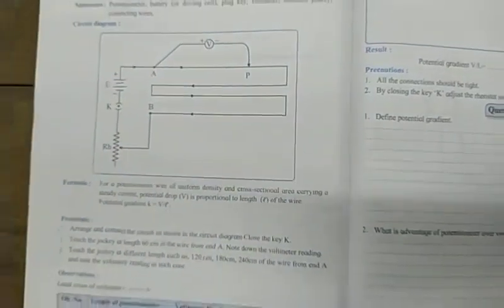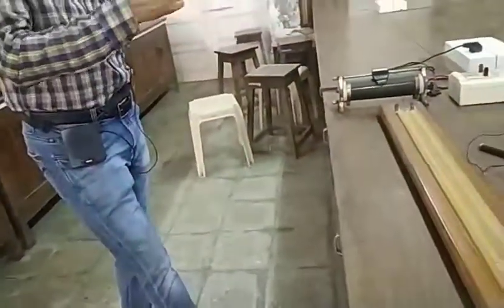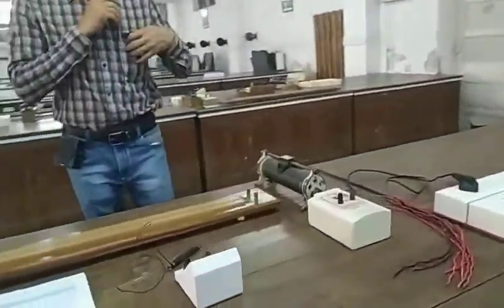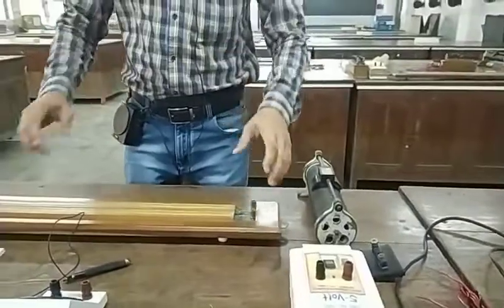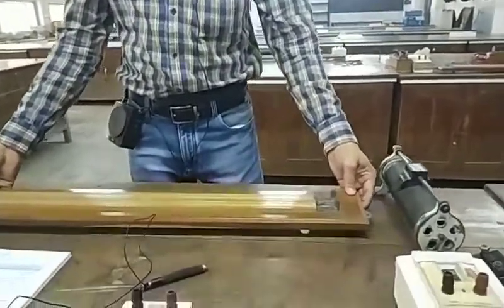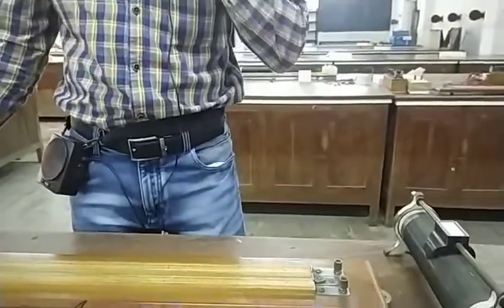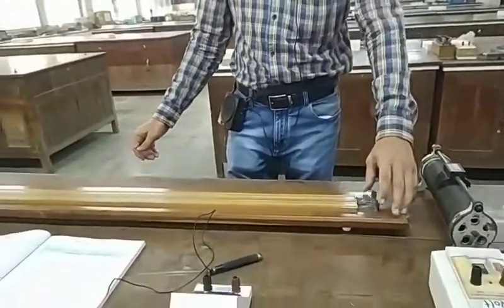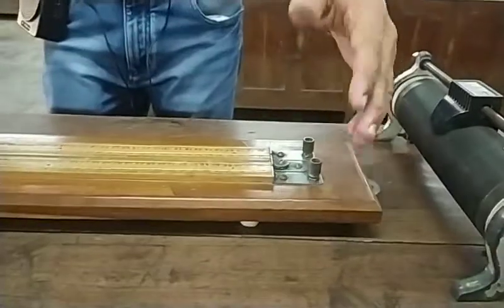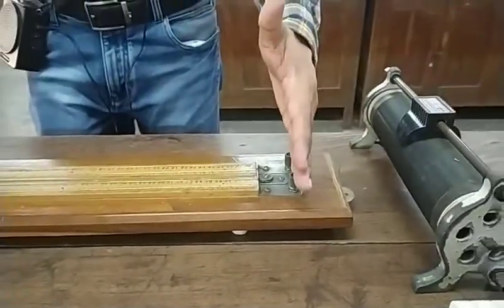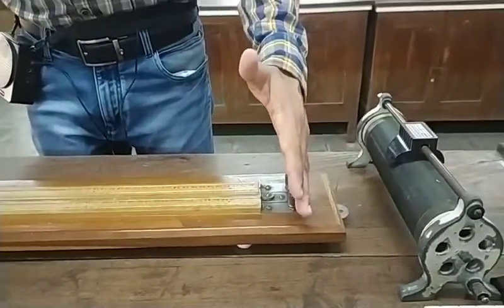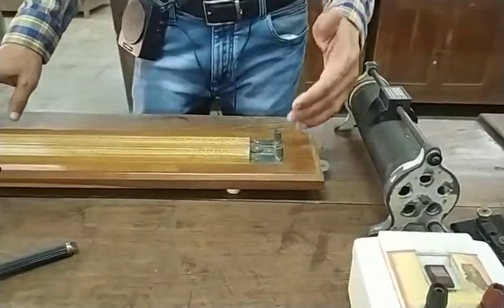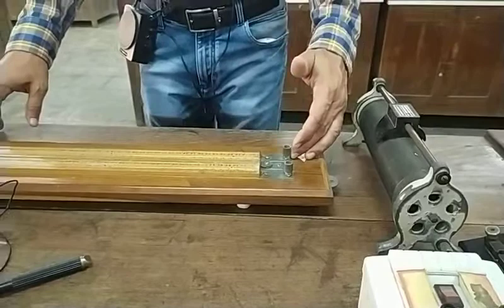First of all, now I'll try to arrange my circuit in this particular fashion. I first of all arrange this potentiometer. The potentiometer is always arranged in such a way that the 2 end points of the potentiometer are on my left hand side. Then the upper point I will name as point A, and the lower one I will name as point B.